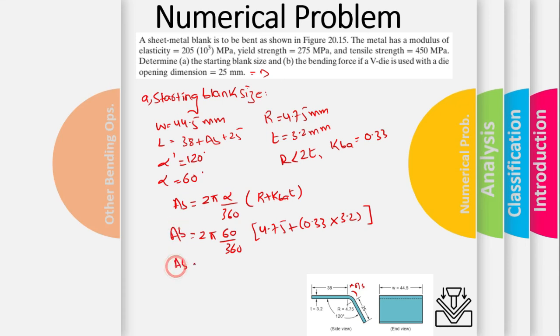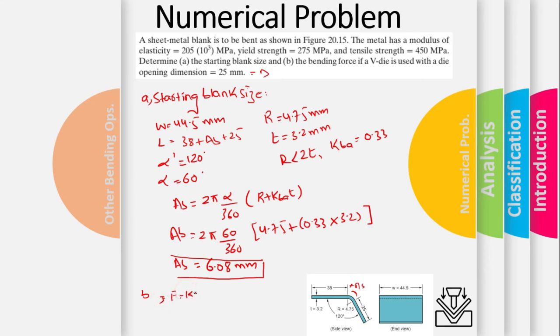So the bend allowance would be equal to 6.08 millimeter. This is the bend length. Now part B is about the bending force, and as we know, the bending force is equal to F